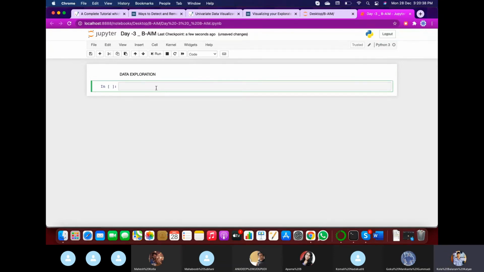Data exploration is nothing but cleaning the data so that if you give better inputs, the model will perform well and give better output. The output is based upon our input. So our input must be very clear, in a very structured way, so that the output will be much better.